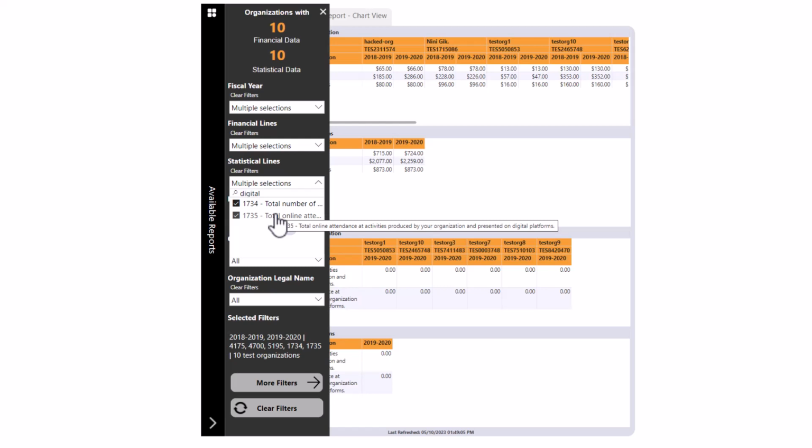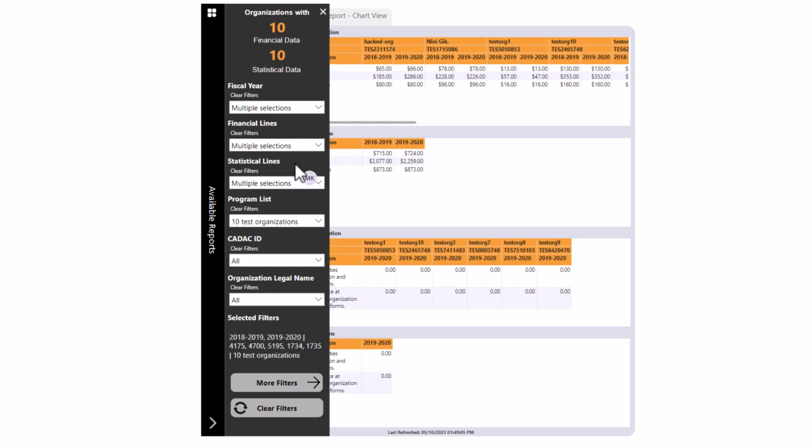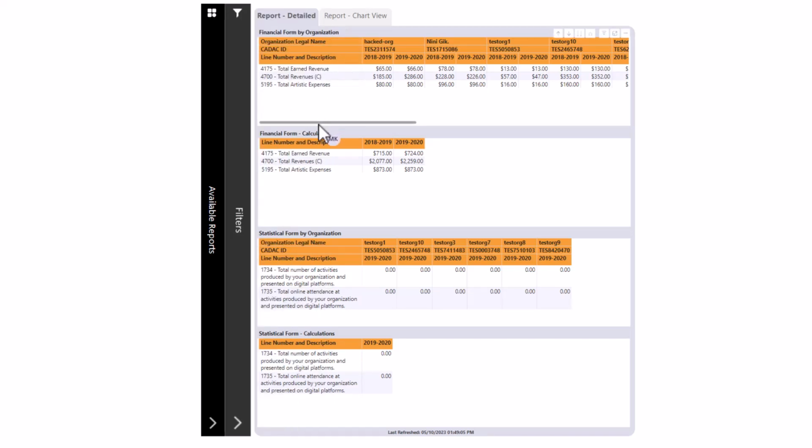And if you're not familiar with the line numbers and line labels, there's a document available in CADAC upon logging in that enumerates every single financial and statistical line with its respective label and definition, which can be helpful in undertaking your analysis. I can see in the report now that the information has updated in real time, and if